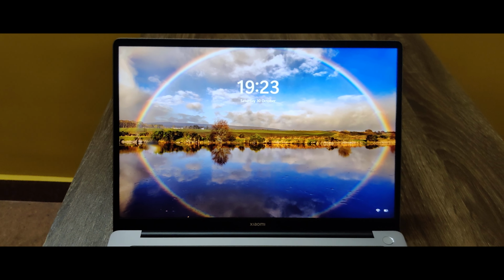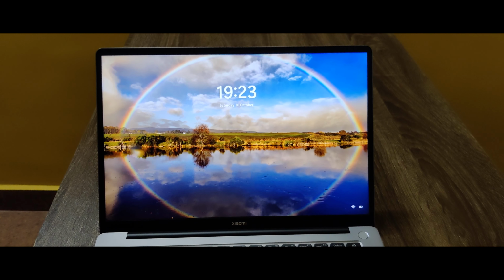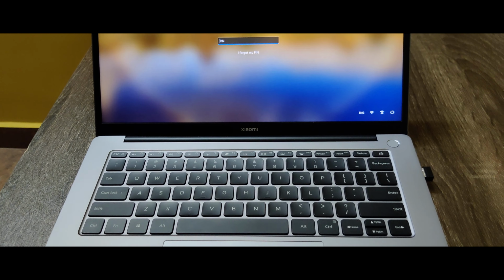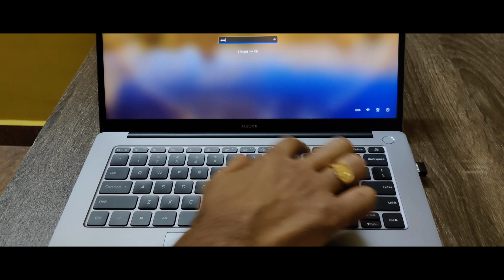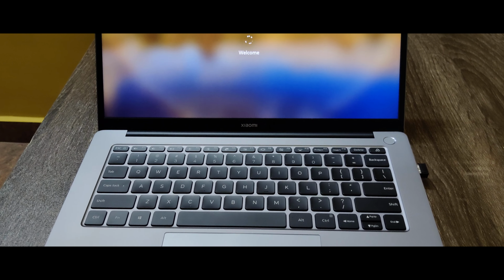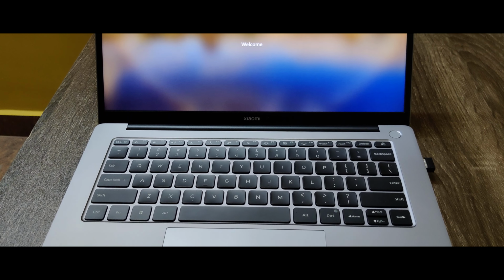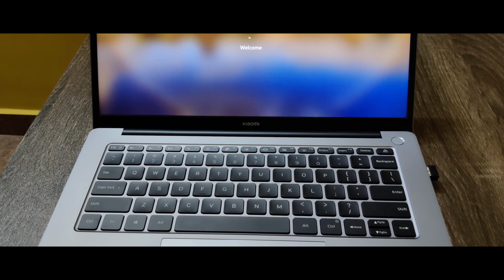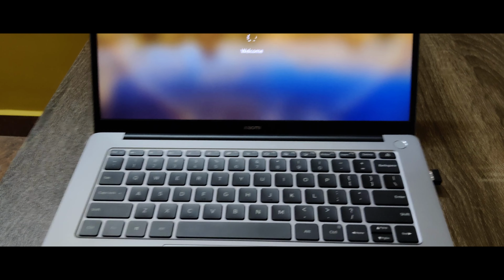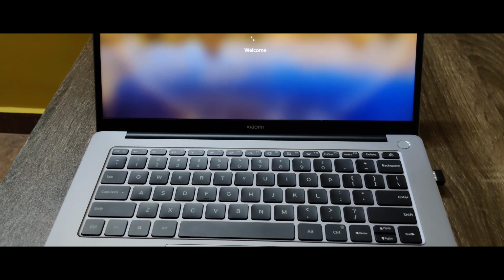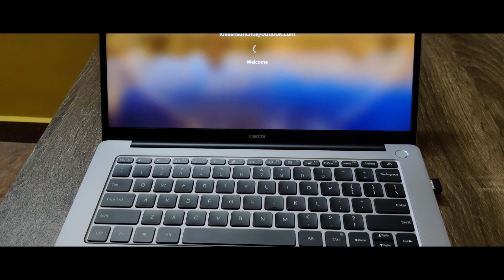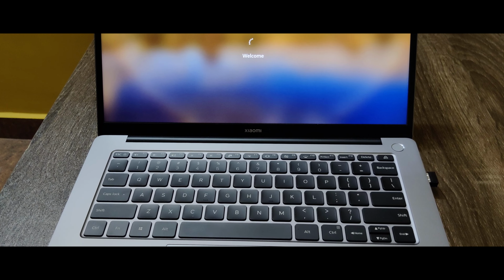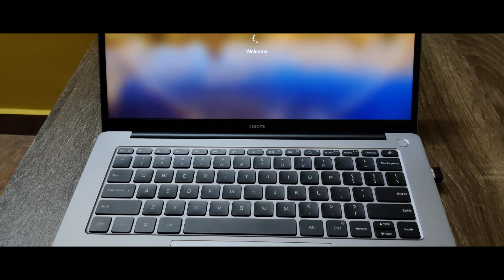We have our brand new Windows 11 PC now. As it is the first boot post installation, it is taking a bit of time. Please wait.